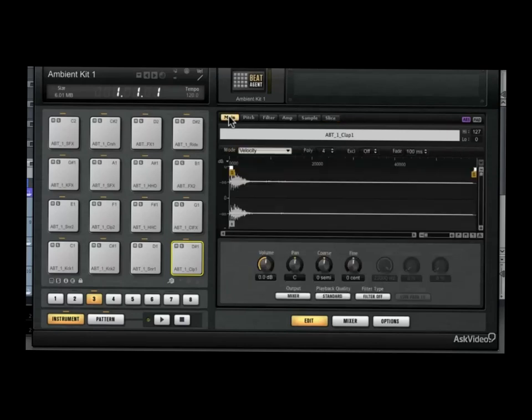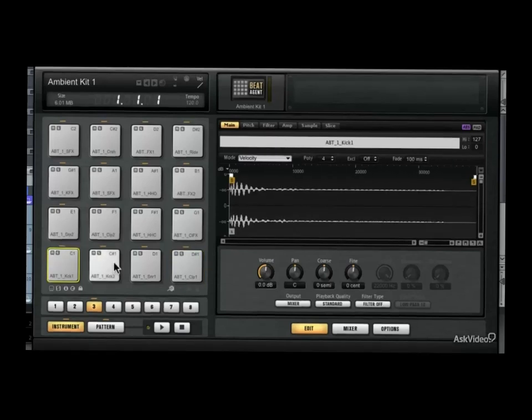You also have different playback modes. For example, if I select this bass drum pad, then I can come over here and choose the playback quality. Normally, the playback quality is in standard mode, so you get full fidelity. But because Groove Agent SE is designed like an older drum machine style sampler, like an Akai MPC, you have different playback qualities too. So on that kick drum, we can either play it back at full quality, or we can also choose a vintage playback quality, which is a 12-bit playback, or a turntable style output, which mimics that